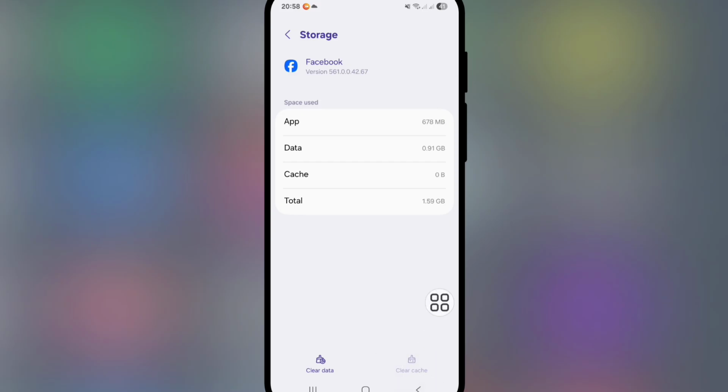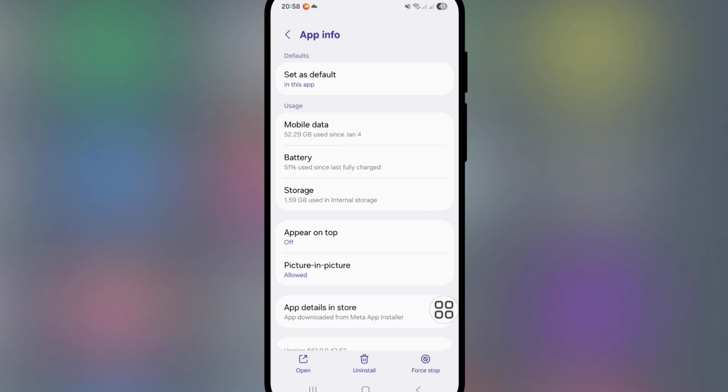Go back. Click on force stop. Click on OK to confirm. Now go back to the home screen